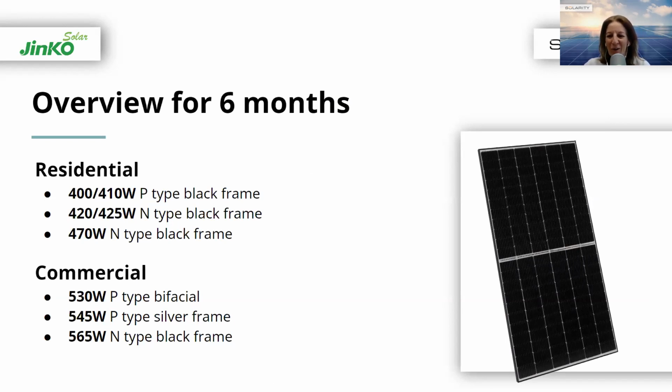You can read our newsletters or information, from which brand it will be. 545 P-type with silver frame, 565 N-type black frame. As you can see, the variation of the technology power outputs from Jinko in our portfolio is pretty huge. I forgot to mention for Canadian Solar that we will also have in our stock soon again the all black modules with the power output 395, and with Jinko definitely there will be